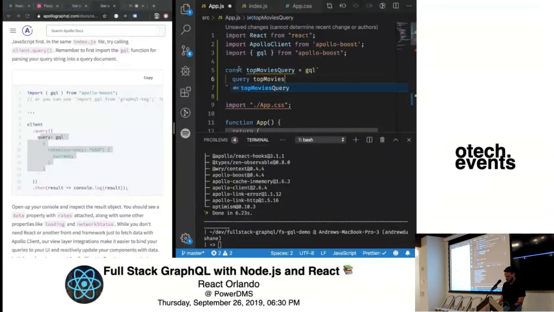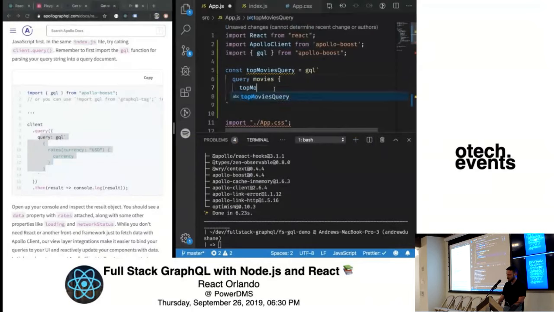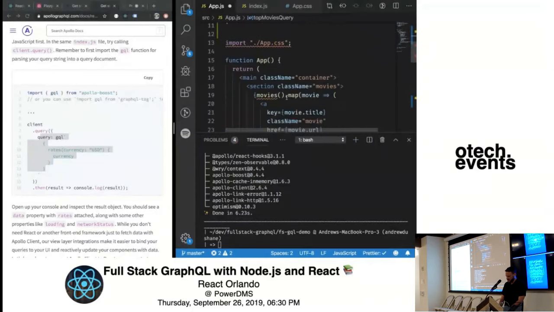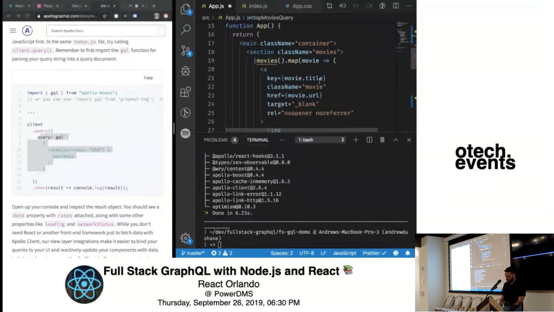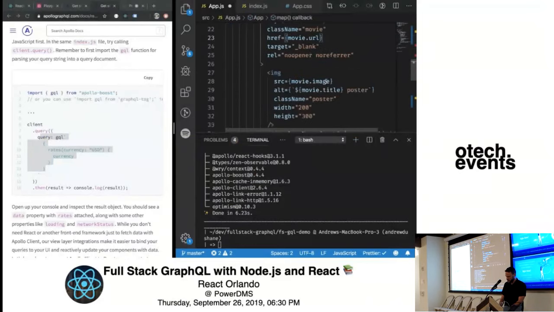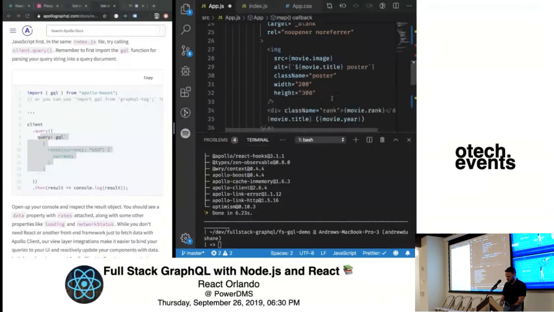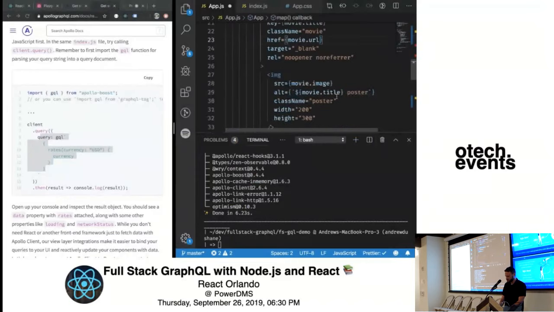Let's call it. Okay, so inside of this query, this name I gave it here could actually be anything, so that's just sort of for client-side bookkeeping, but now I need to match up with what the server is going to expect, so I want to call it top movies, and then all the fields that I need. So we're using title, URL, image, year, and rank.